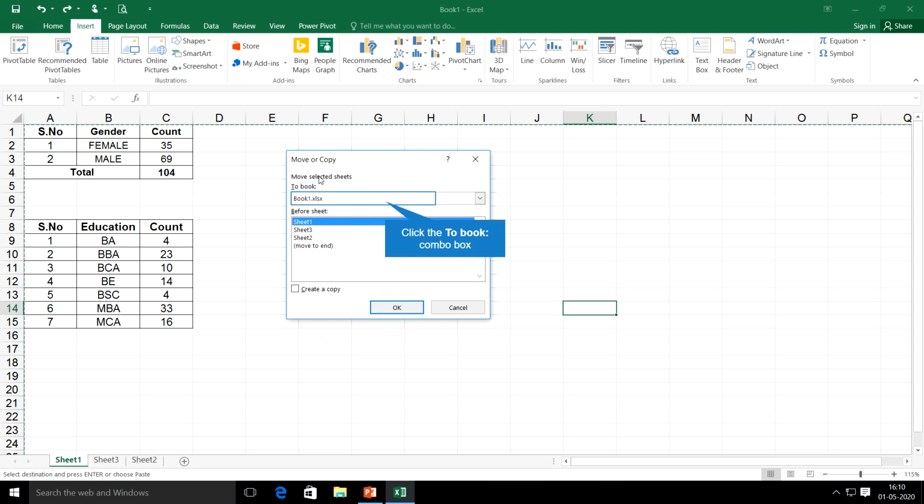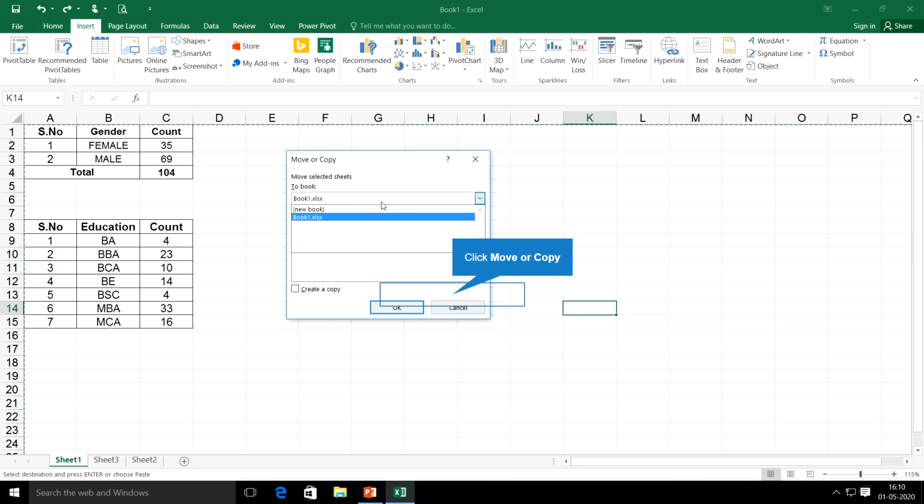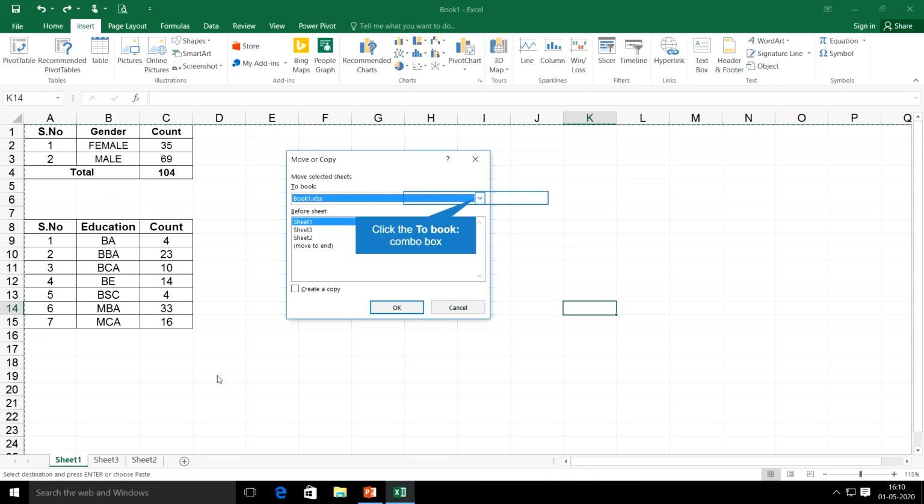Move selected sheets to where you want to move or copy this sheet, whether to a new book, or as one more sheet in this same workbook, or a separate workbook. So I want to copy this sheet into the same workbook, or I can create it as a separate workbook.